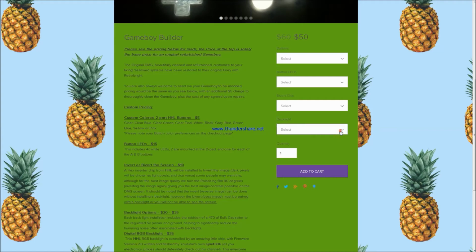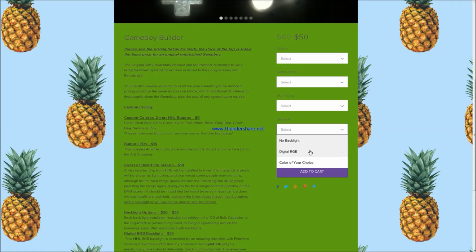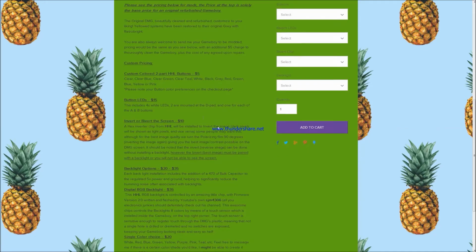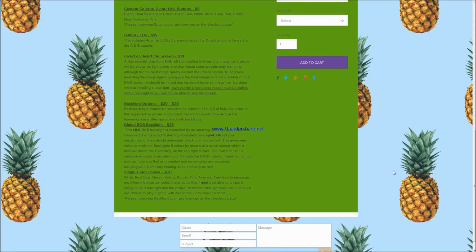For the backlight, you either have a choice, obviously no backlight, or the backlight digital RGB selection here. This is my touch sensor SJM4306 driver chip, and this can only be found on Roarke's Retro Corner here. So if you guys are interested in that, definitely give this a look over. So yeah, plenty of options. You can get this down to exactly the custom Game Boy that you guys want, and he does a great